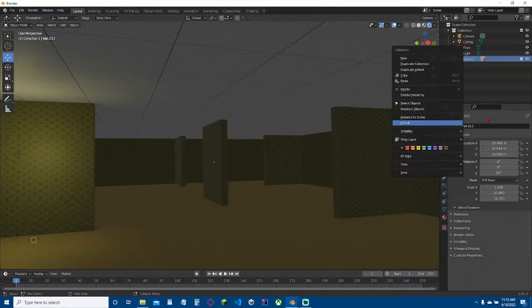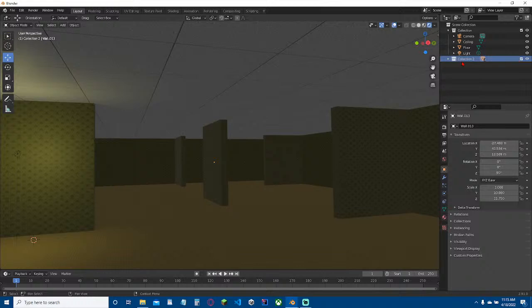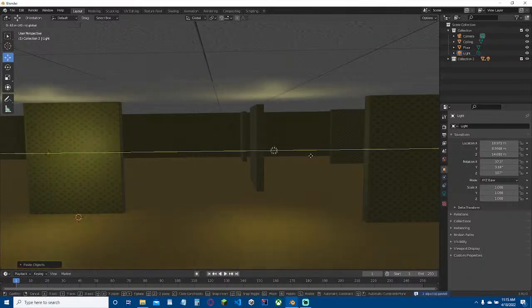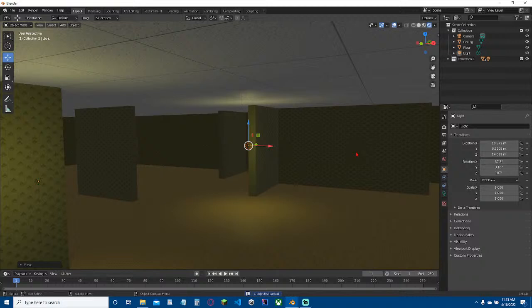Alrighty, so I believe the way to rename something, how about we just don't worry about it? Let's right now add the light. So Control C, Control V. We're gonna bring this light in, and